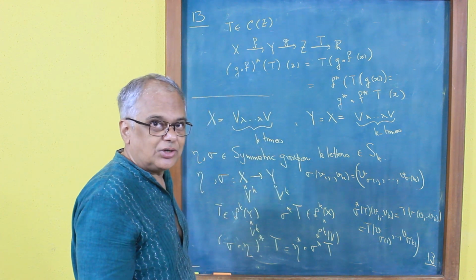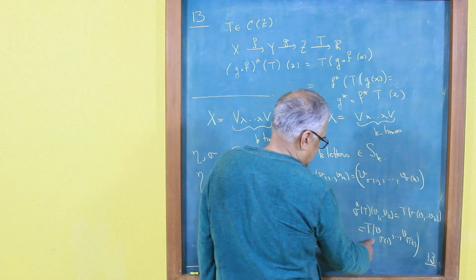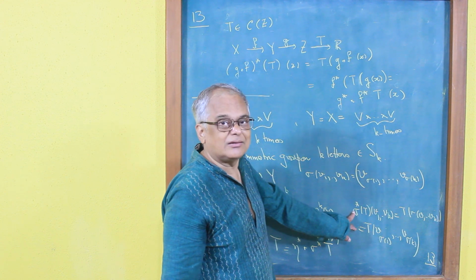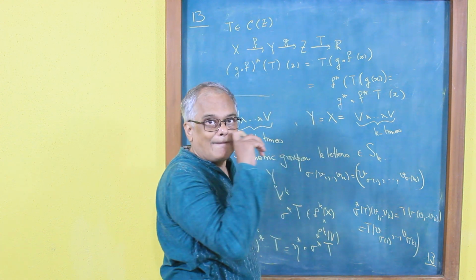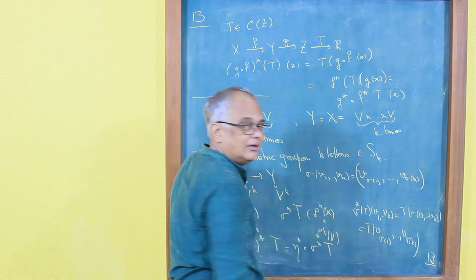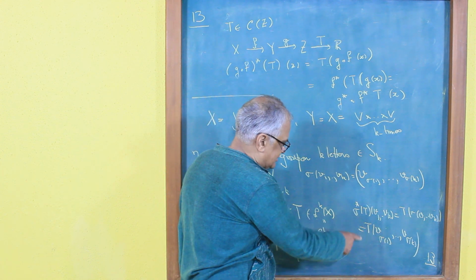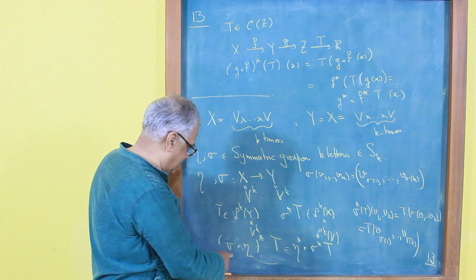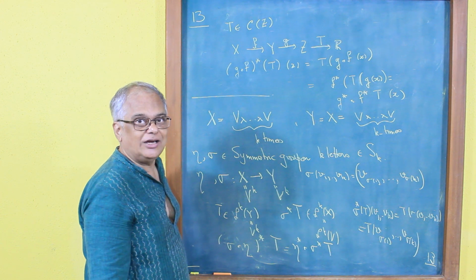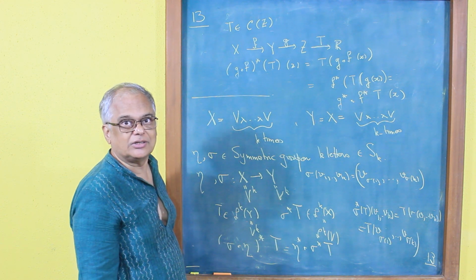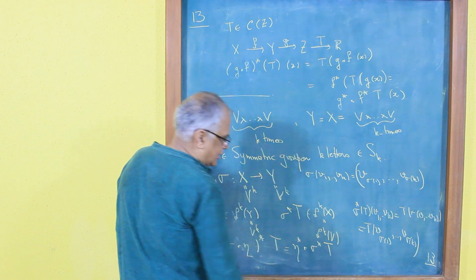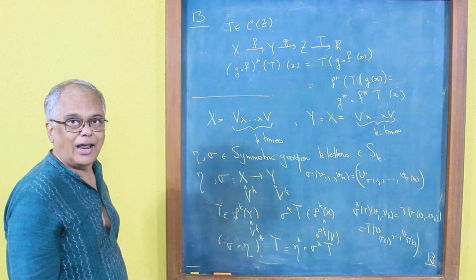Now it's a good exercise to convince yourself with this definition. Sigma star t is v sigma 1. What am I doing? I'm saying that this is following from here. It should be obvious to you. But even then, it is a good idea to write down, show that sigma star of t is defined in that way. Then sigma composed with eta. What are sigma and eta? There are two elements in S_k, permutations on k letters. Composed at t is equal to eta star composed with sigma star at t.